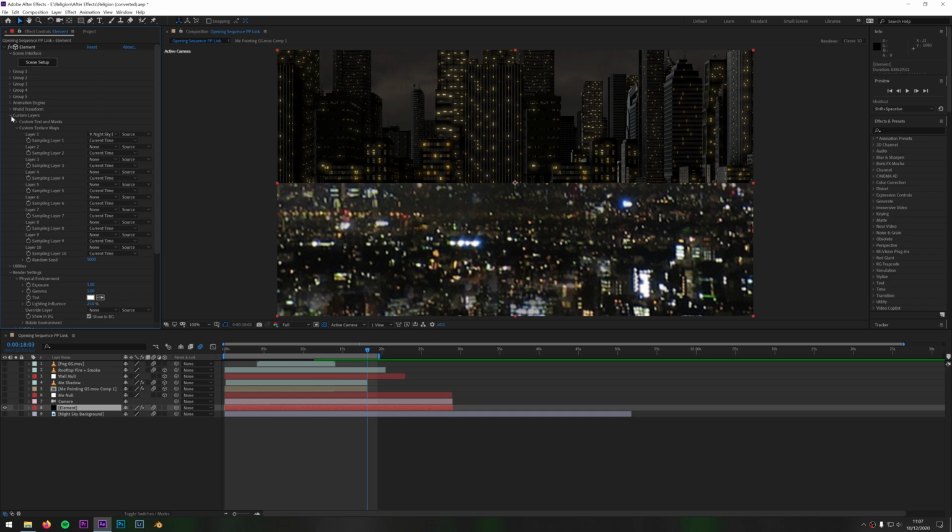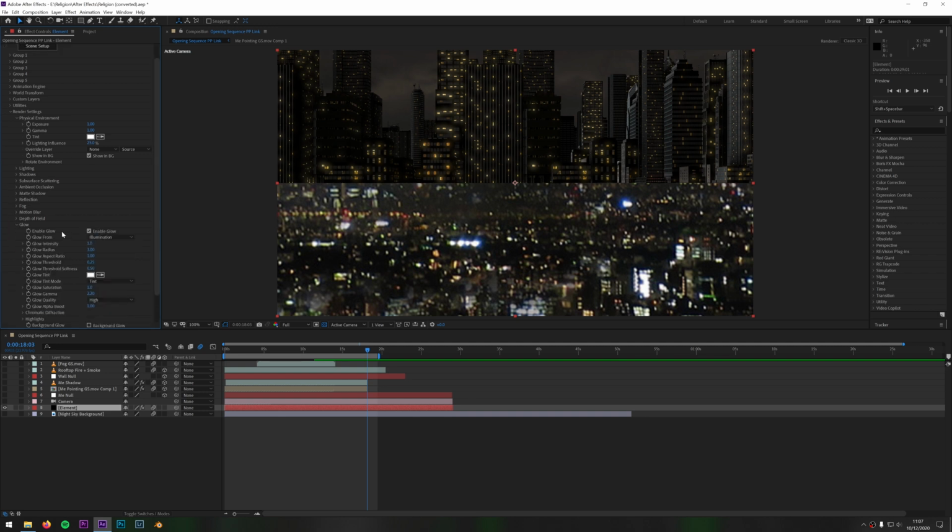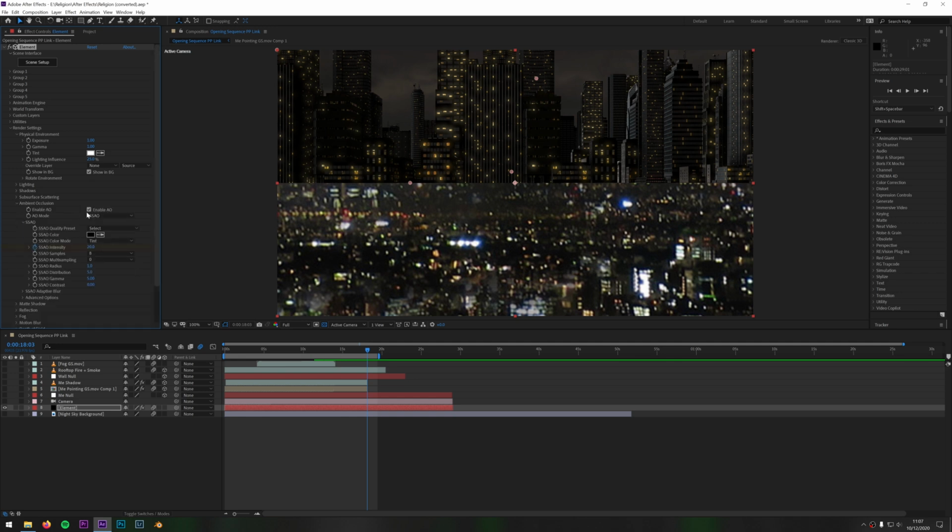The other thing that I've done with this layer that will give it a dramatic effect is I've added some glow. This is a really, really simple option in Element 3D to add glow, as you can see, just like that. I've also added some ambient occlusion. This is sort of fake surface shadows. It gives it a bit more depth, a bit more realism. Okay, it does slightly increase your rendering time, but it's not too bad. It's not ray tracing though, but it does give it a nicer effect.